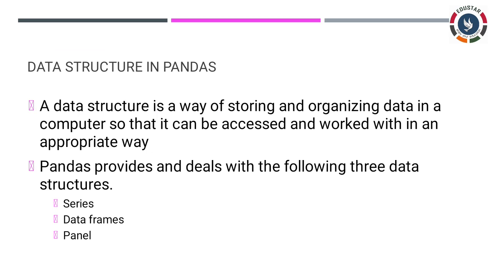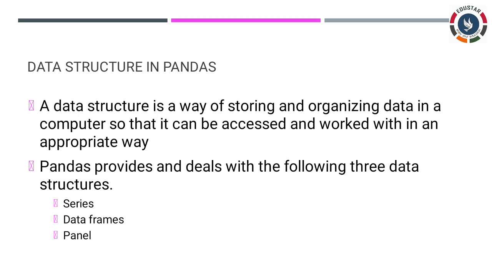So what is a series? It is a one-dimensional structure storing homogeneous and mutable data. What do you mean by homogeneous? It means the same data type, correct? Already while I was teaching numpy, I told you that the data is stored in the same data type. So in a series we use the same data type, and it is also mutable. Mutable means it can be modified. If you can modify the data, that is called a series.